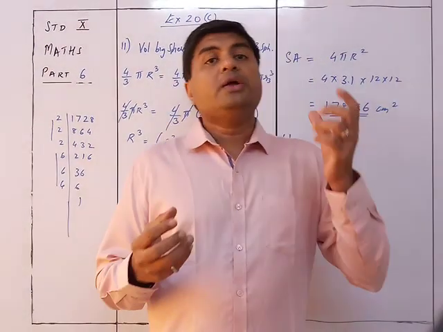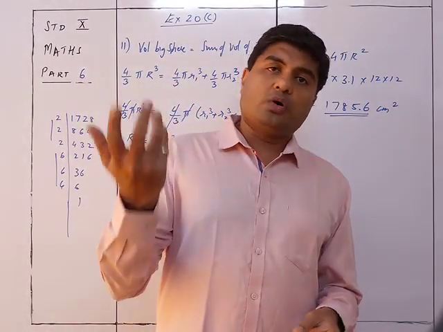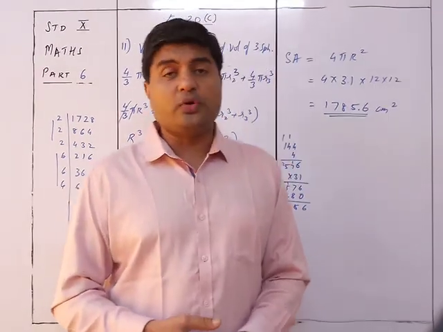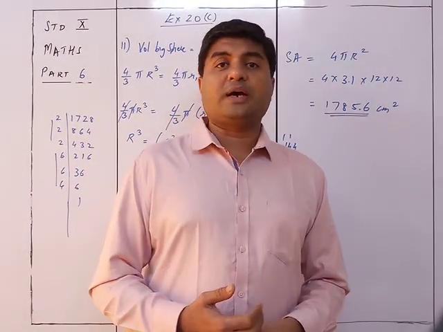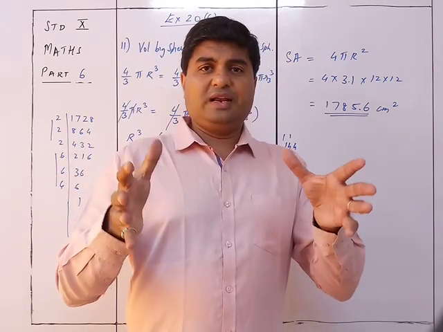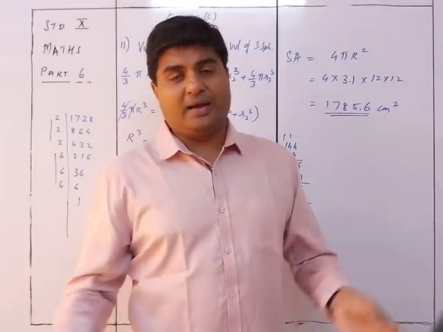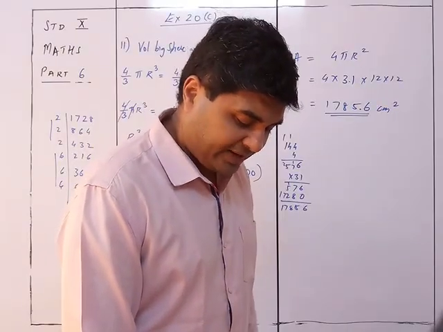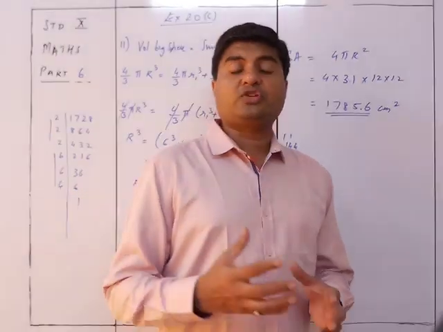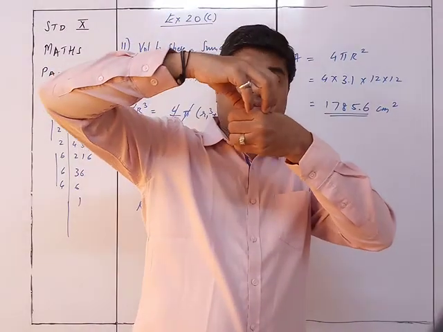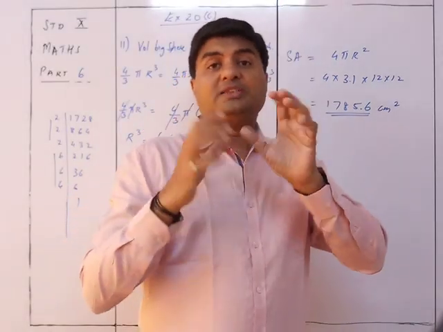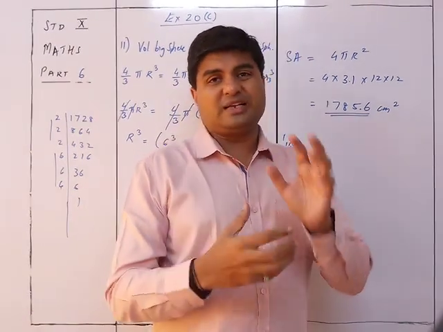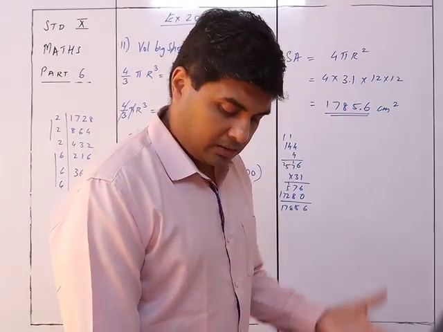So what will happen is that now we will be converting a sphere into a cone into a cylinder, or a cylinder into a sphere, and those conversions are going to take place, and there will be much more sums, like you put in some cylinder, there is water inside it, you put a cone inside and take it out, so such kind of sums are going to be there. So now the sums will be much more application based, and plus the next one will be their combination: a sphere or hemisphere on top of a cone, or a cone on top of a cylinder, or a hemisphere on top of a cylinder. So such kind of sums, like multiple examples will be there.